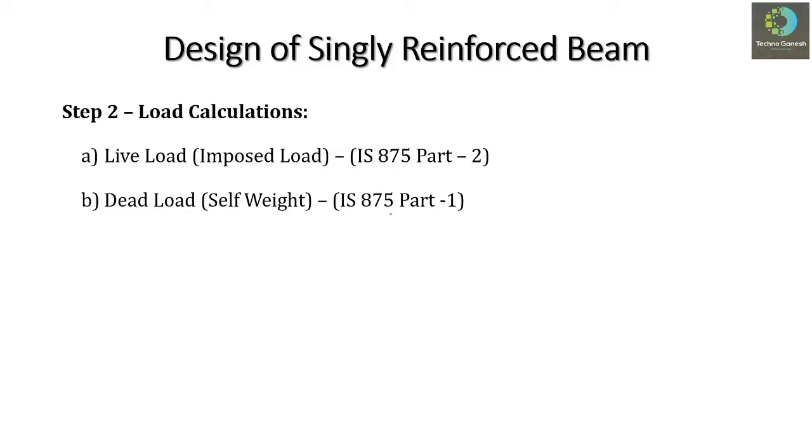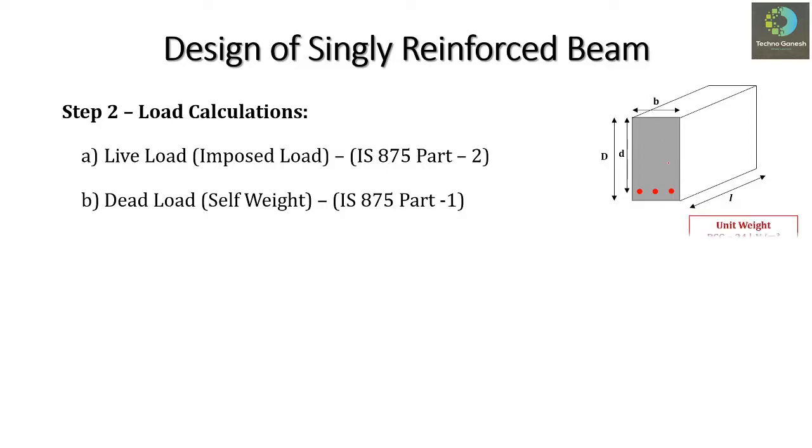So all this dead load of wall and dead load of beam should be considered. This can be obtained from IS 875 part 1, in which the unit weights have been given for the different materials. So for the beam, if we know the dimensions, that is width of beam and overall depth of beam and the length of beam, then we can calculate the weight of this total beam by knowing the unit weights. Okay, so for plain cement concrete, this unit weight of concrete will be considered as 24 kilonewton per meter cube, and for reinforced cement concrete, that value should be considered as 25 kilonewton per meter cube as per IS 875 part 1.